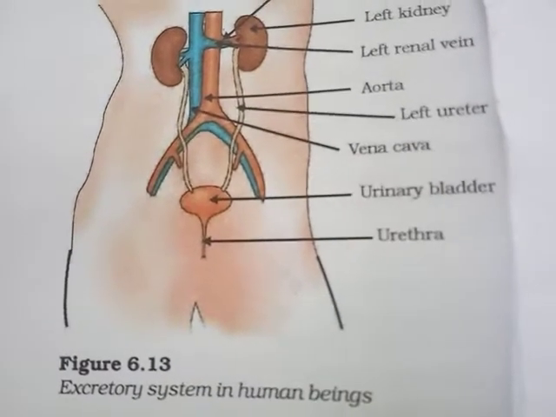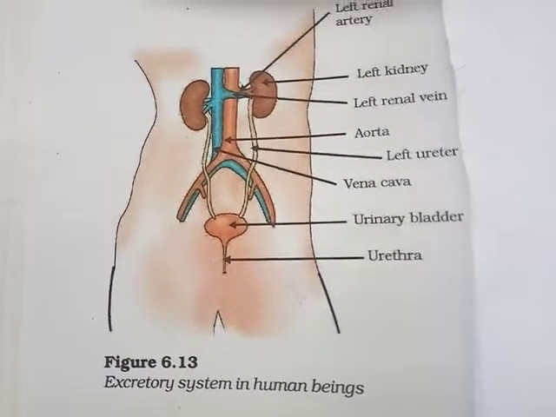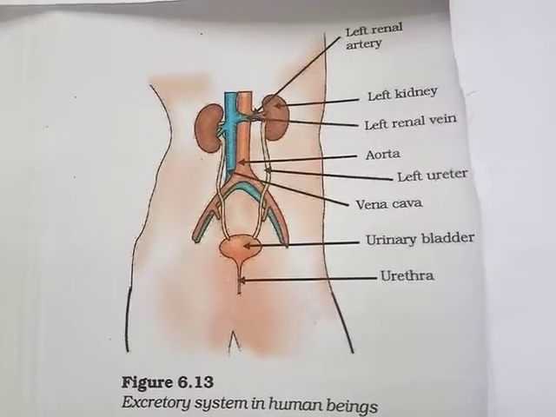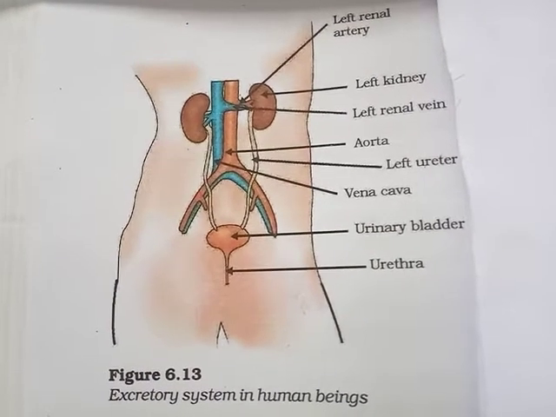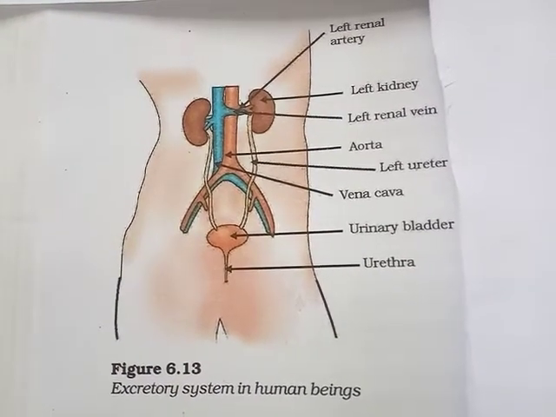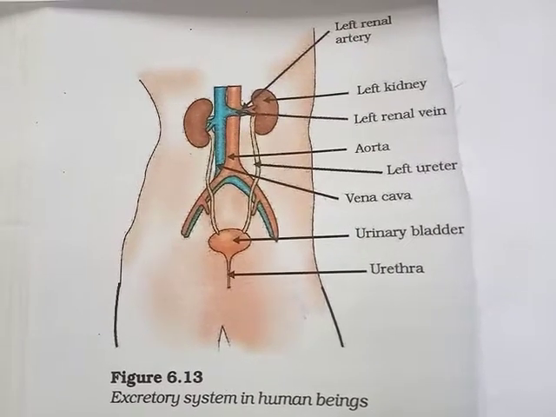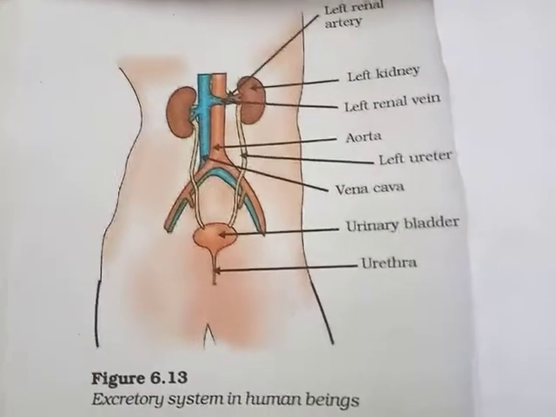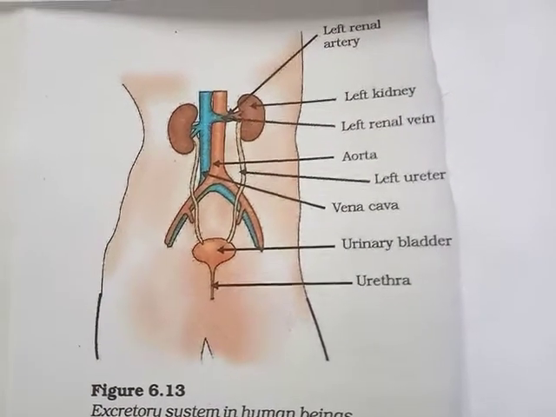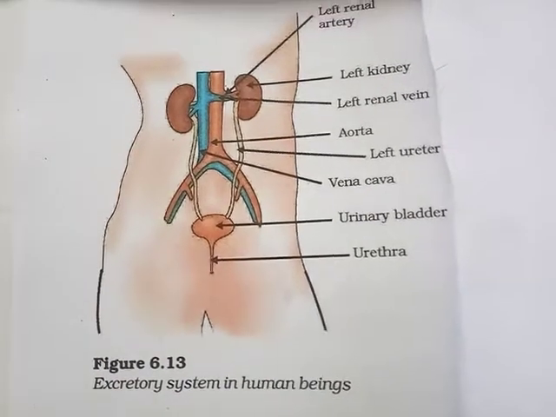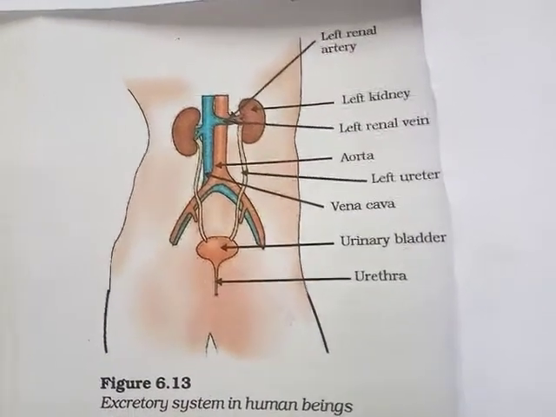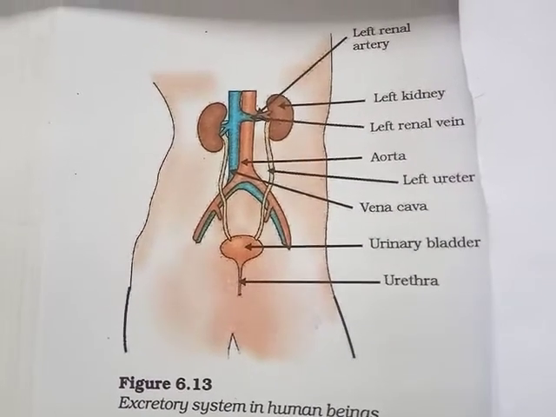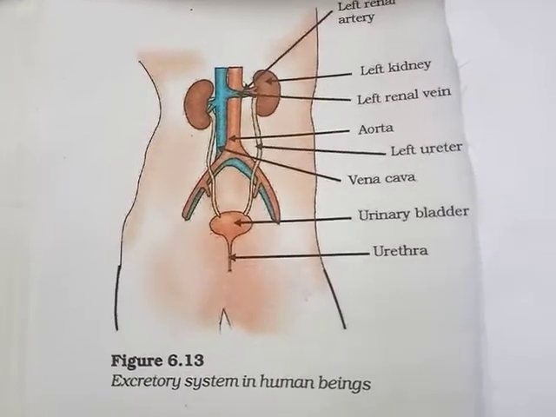Good morning, students. In the previous class, we started with excretion. There we discussed how, during the metabolic processes carried out within each and every living being, certain types of metabolic waste are generated. The removal of these metabolic wastes from the body from time to time is essential. Otherwise, these metabolic wastes may have a toxic impact upon the body.